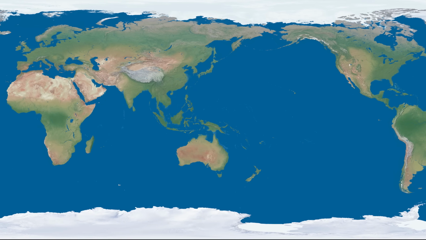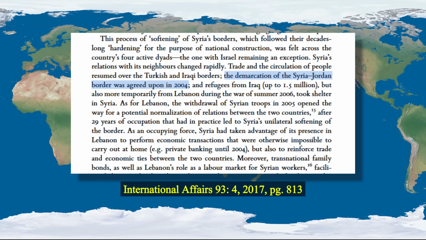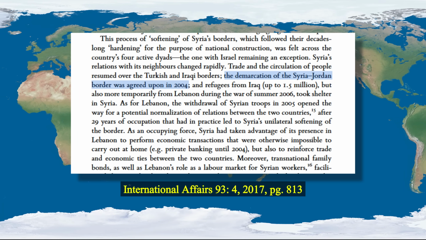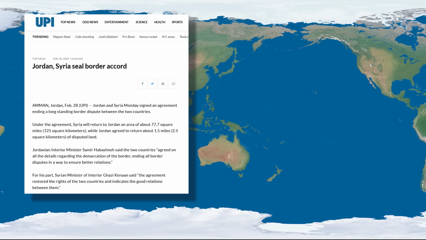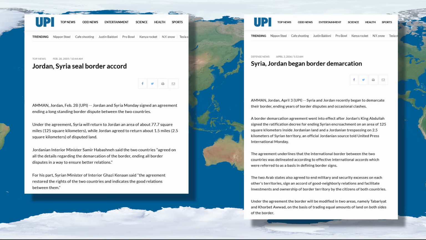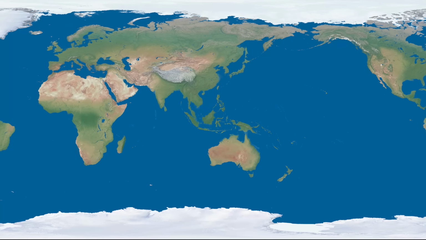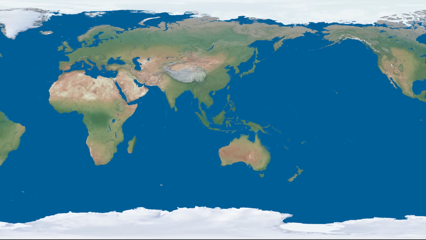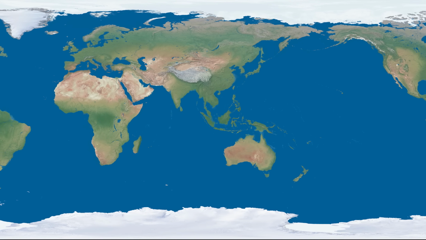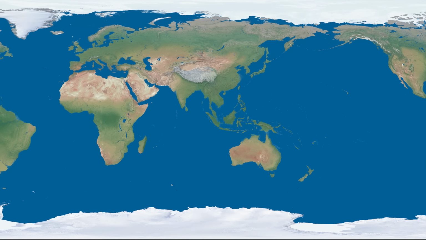Well, in 2004, Jordan and Syria officially solved all of their border disputes by coming to an agreement on how to demarcate their border. Then in 2005, they sealed the agreement, and in 2006 officially did the demarking process. Now, I find it hard to believe that a border change from around 2 decades ago would somehow not be updated on all major maps by now, but just to be safe, let's check and see where this disputed part